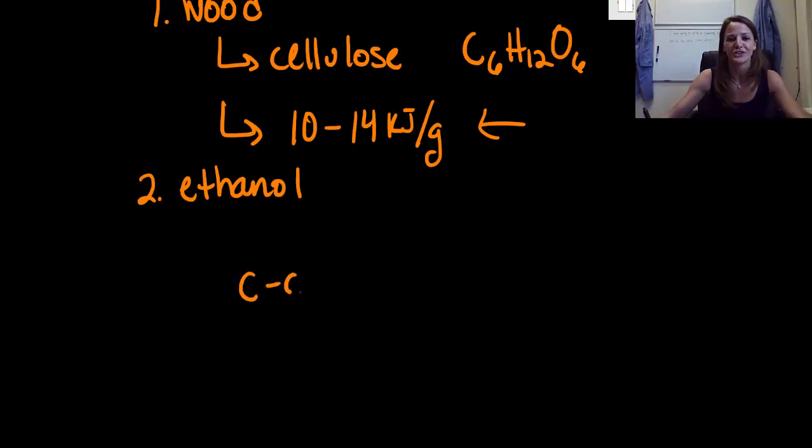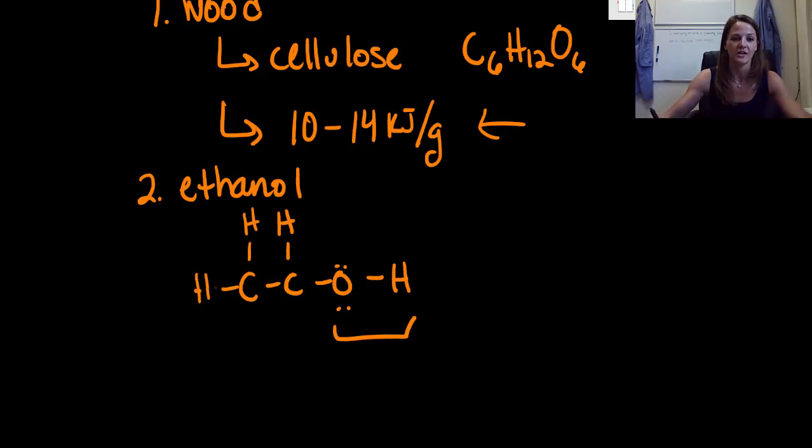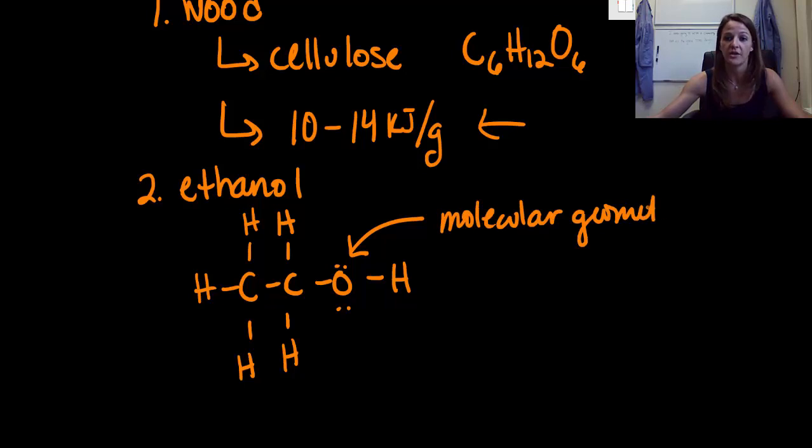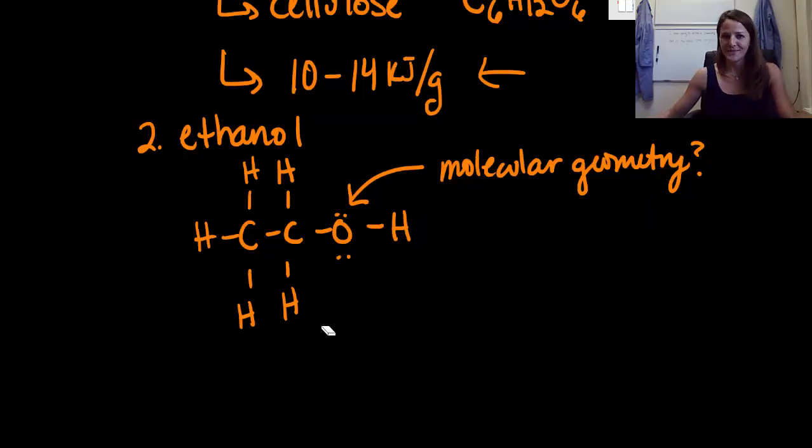So let's draw out the structure really quickly. And so typically ethanol has the alcohol component right here, so the OH group. It has 2 carbons and it has 5 hydrogen atoms. So before I go any further, I want to review just really quickly about molecular geometry. So I want to know specifically for this oxygen atom, if your oxygen atom is your central atom, what is the molecular geometry around that oxygen atom? Go. All right, did we get an answer? Hopefully we did, and the correct answer is bent. It definitely has a bent geometry.